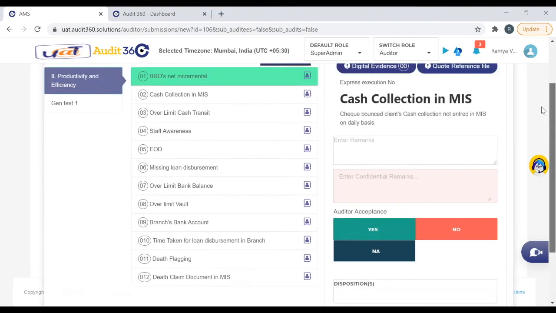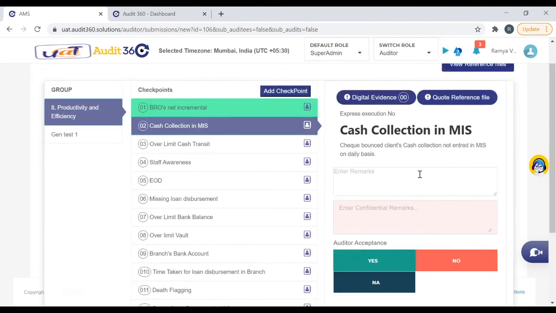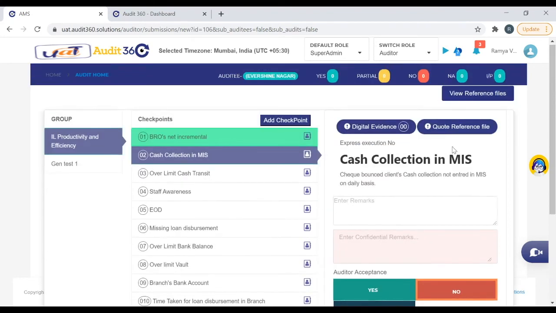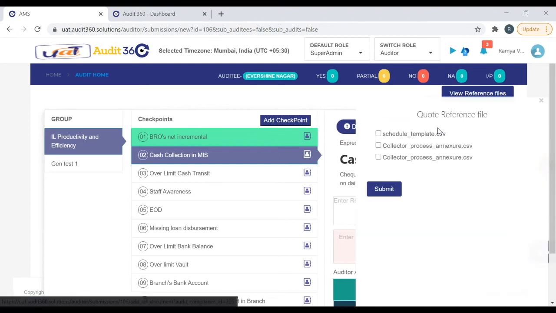Now, for the next checkpoint, I found that there is an issue where I would want to quote the reference. Normally when you execute an audit, you choose the compliance and give a disposition where there is an issue, and now you can even quote the reference file. When you click on quote reference file, all the files which have been attached as a reference will be shown here, and we can quote on which particular audit we had this issue identified.